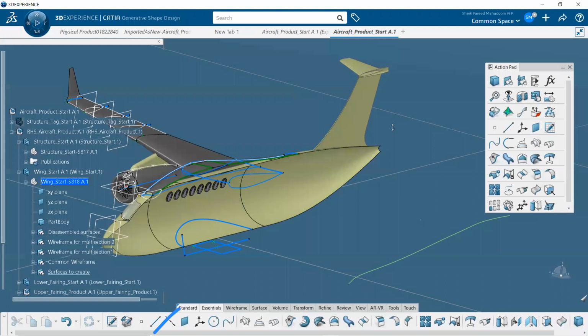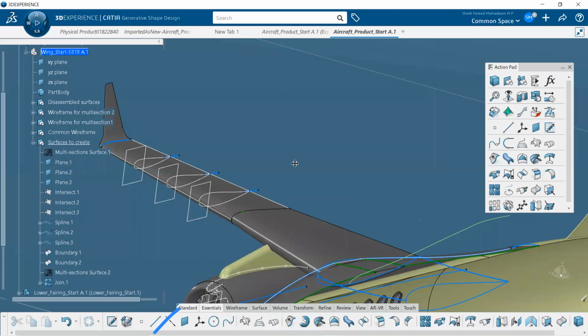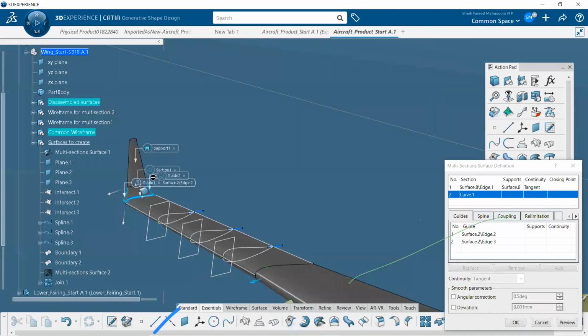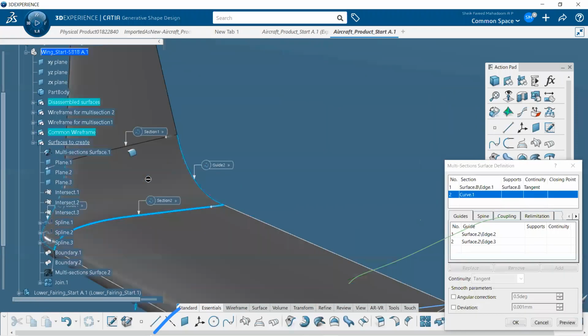Yes, wing profile, I can tell you, no problem. What we did with the wing profile is, first we created one multi-section here. This multi-section we created using this profile. There is a portion that is free.